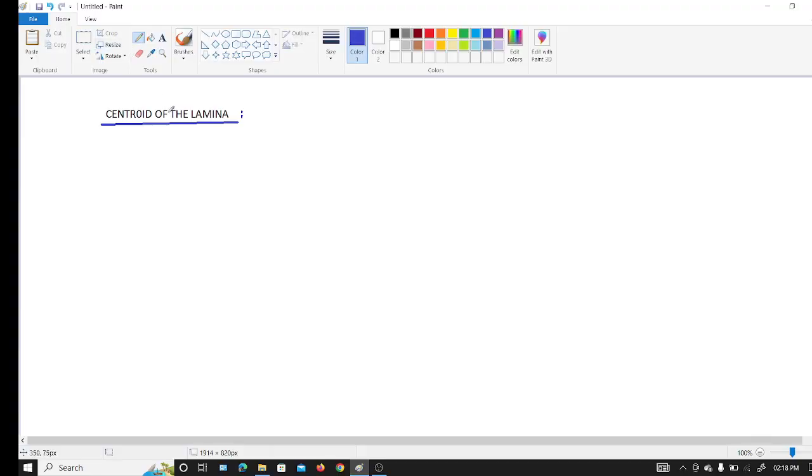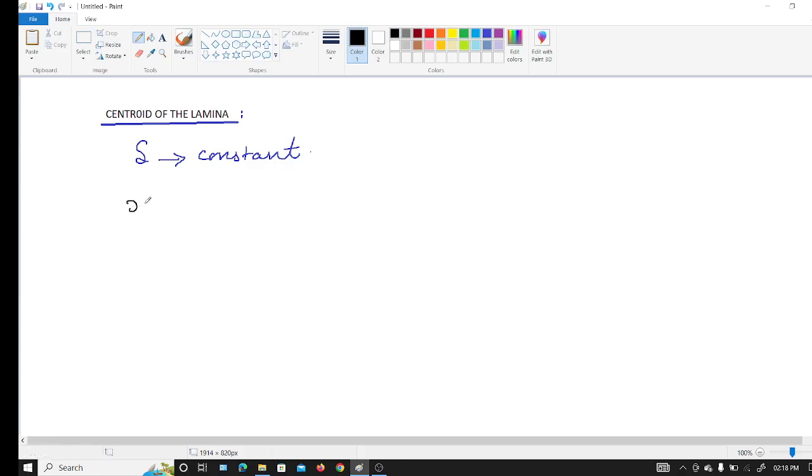Homogeneous lamina is called the centroid of the lamina. Here, in the case of a homogeneous lamina, the density function delta is a constant. Density function delta is a constant for a homogeneous lamina. The centroid of a homogeneous lamina is